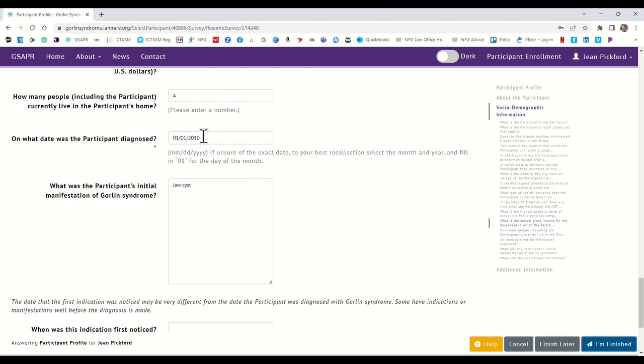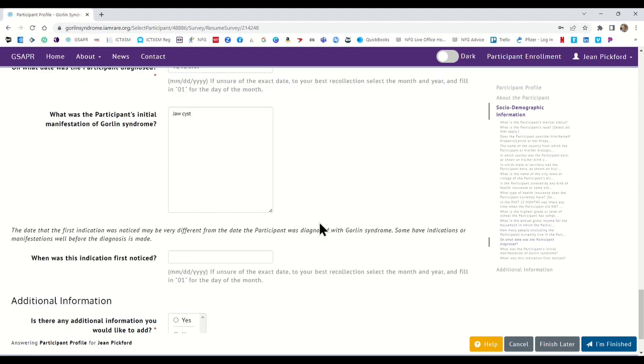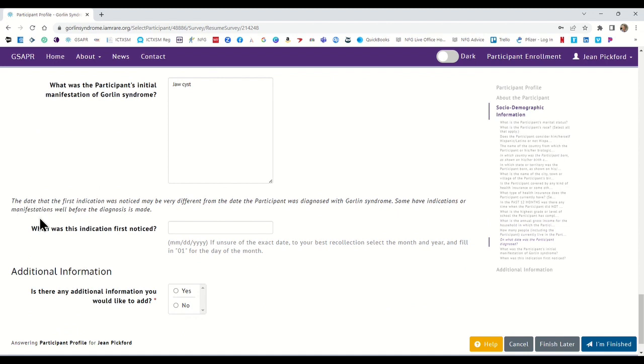So I put in here that I was diagnosed in 2010, but I can't remember if it was January or March, and I can't remember the day. So I just put in 0101. And that's completely acceptable. The same type of question will be asked at the end here that says, when did